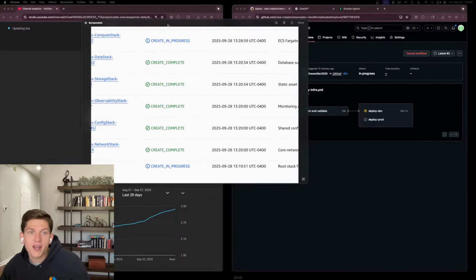But yeah, so here are the stacks. You guys can see that the network stack completed, then it's the config stack which completed, then the observability stack, then the storage stack, then the data stack, and now the compute stack, which is still running. Last time we ran the compute stack, it failed, but